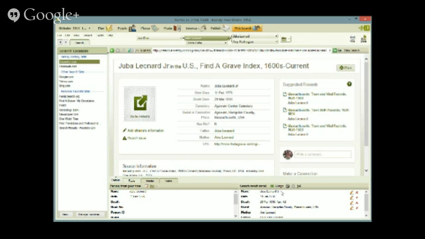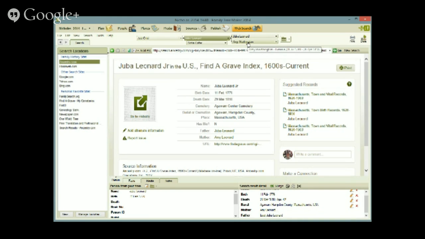In the lower right-hand corner, though, is the information that's going to come in from the website. And the name is added Junior, which I didn't have. I sort of knew it, but I haven't seen it in any document that he was a junior. But it has the same exact birth date. Death date I didn't know before, but it's adding a death date and where he's buried, and his mother and his father. His mother and his father are also up here. Now, this is given his mother's married name. I have his mother's birth surname. So this is my person. So this is a good